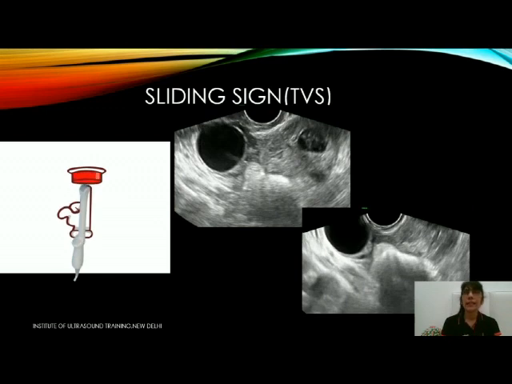For the sliding sign, the previous sign you can see even in an abdominal scan, but for the sliding sign you will need a transvaginal scan. So what we do is, when we are doing TVS, we see two masses, like we can see two masses here. One is the cystic mass, and there is another one which is a complex mass along with a cystic solid area. Actually this was an ectopic area. Now let us see whether we are able to separate these two areas or not.